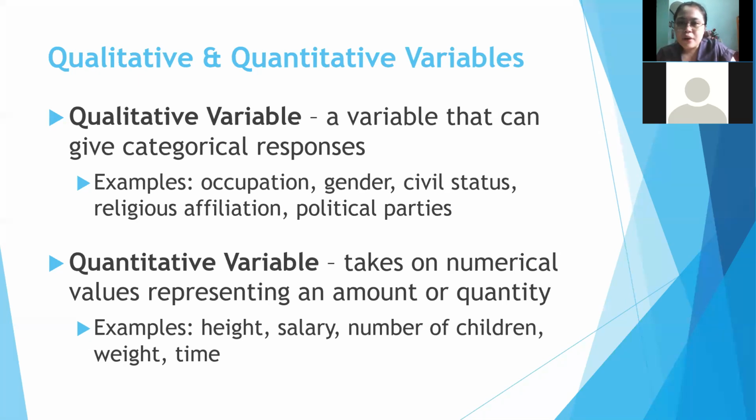Like for example, occupation. We can categorize all the pharmacists here, and then we have medical technologists, dentists, physicians. So with qualitative variables, the keyword is that there is a category of the responses. Just like gender, we can classify male, female, gay, what's the meaning of LGBT? Bisexual. Gender is